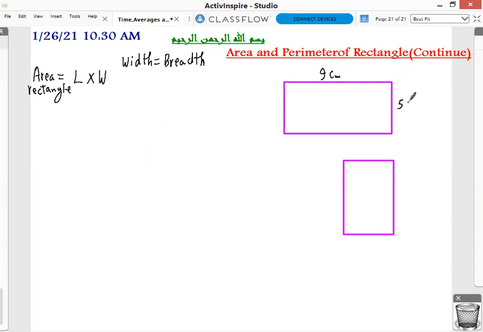Then take care. Then about this rectangle, the first one, if we have L equals 9 centimeters and width equals 5 centimeters, then let's see, if you want to get its area, how? If you want to get its perimeter, how? And second, if we write perimeter,